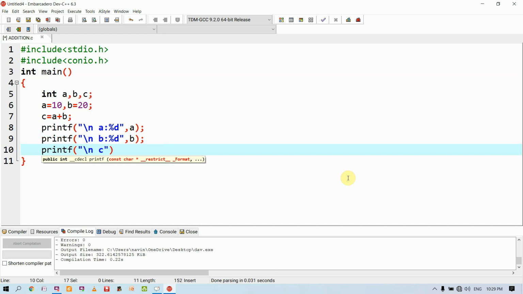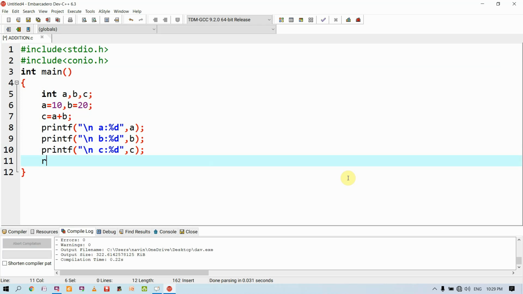And we are going into the last part of the programming: "c", or we can write anything, is okay, is %d, comma c, semicolon, and return 0. So this is how you have to go with it. Here you have to understand one thing: once you have declared the variable with a name, you have to use the variable with the same name. Suppose I write here a, b, c, then I have to use only those names for the implementation of the code until you complete the program.